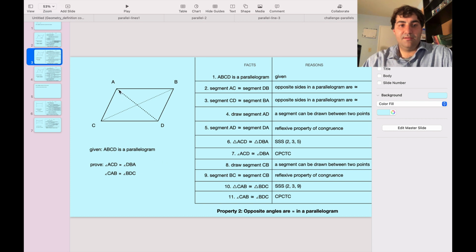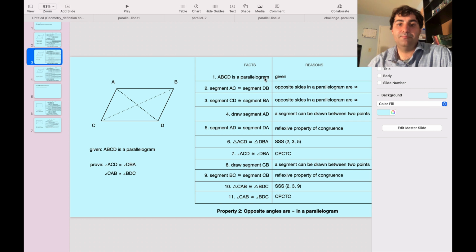I'm given this parallelogram ABCD, and I want to prove that angle ACD, this angle here, is congruent to angle DBA, this angle here, and the angle CAB, this angle here, is congruent to angle BDC, this angle here. So I'm going to write down what I know. I know that